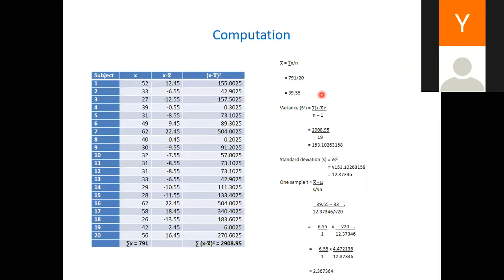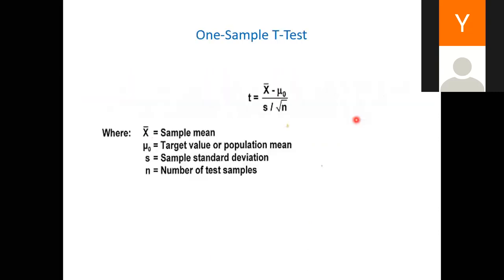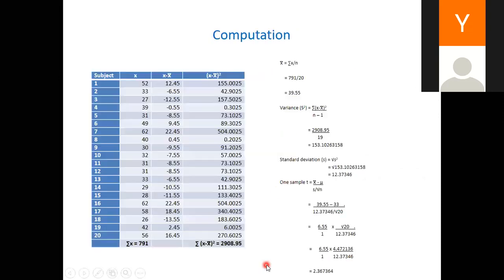Now, if you are to compute it using the formula, you can see that you must calculate the mean and you must calculate the standard deviation. If you are to calculate by hand, from this formula for T, you want to calculate X bar minus mu. Mu, you have been given as 33 in that question. You must calculate the mean and standard deviation for your own data set, then calculate T.